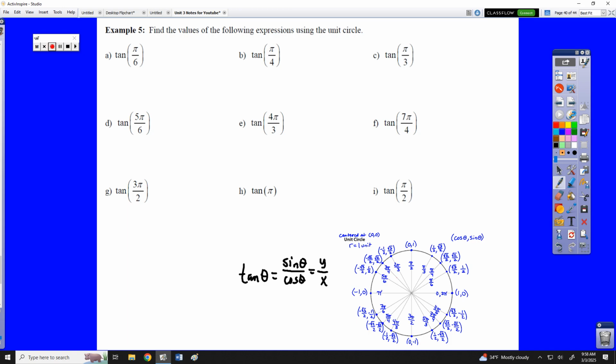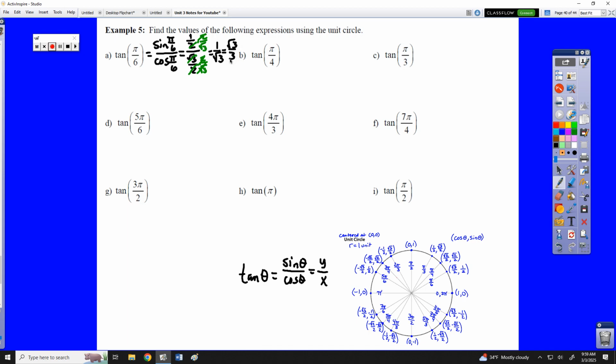So for instance, for the tangent of pi over 6, that is the sine of pi over 6 divided by the cosine of pi over 6. So we would go to our unit circle and we would find pi over 6, realizing that the y-coordinate, 1/2, is the sine, and the x-coordinate, √3 over 2, is the cosine. Now, using algebra, we can reduce that complex fraction by flipping the bottom fraction and multiplying, which would give us that the 2's on top would cancel as well. Our answer here would be 1 over the square root of 3,